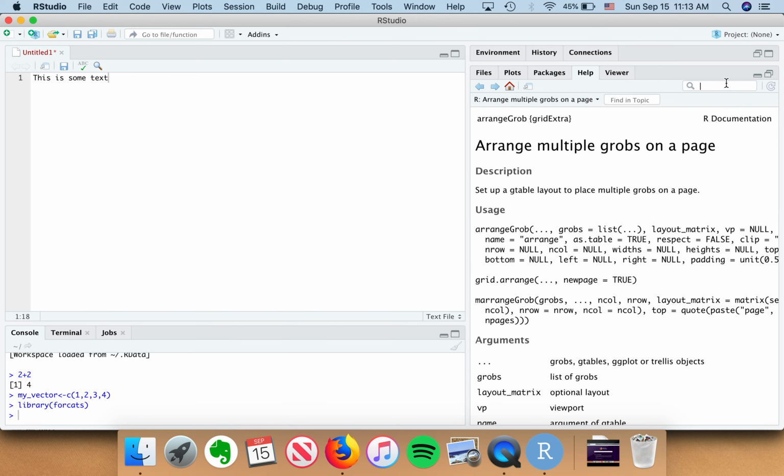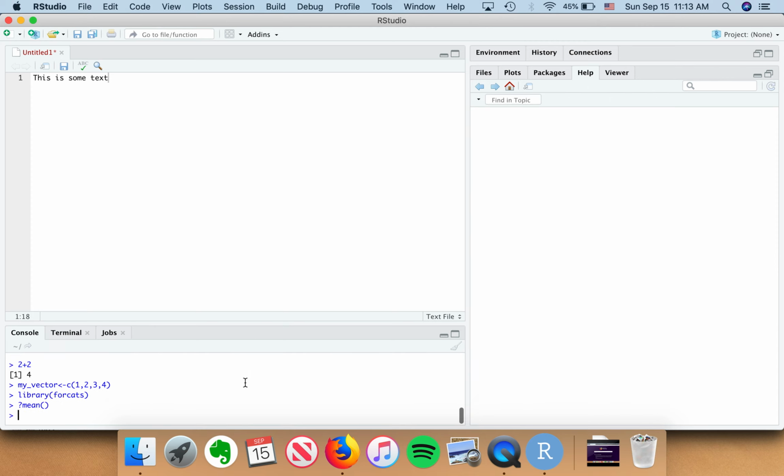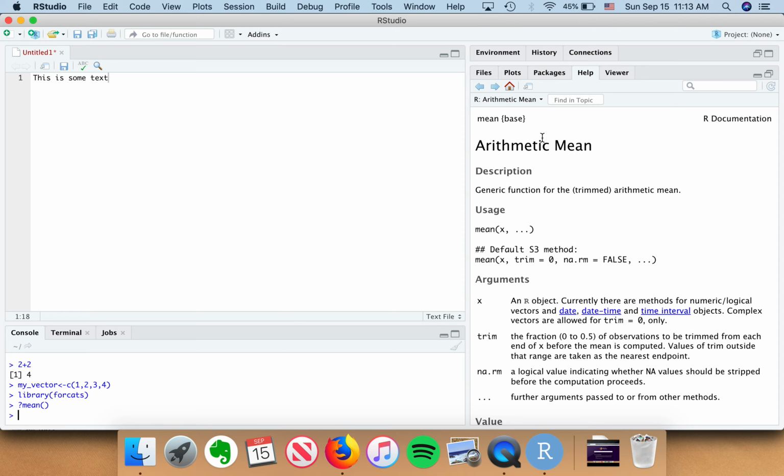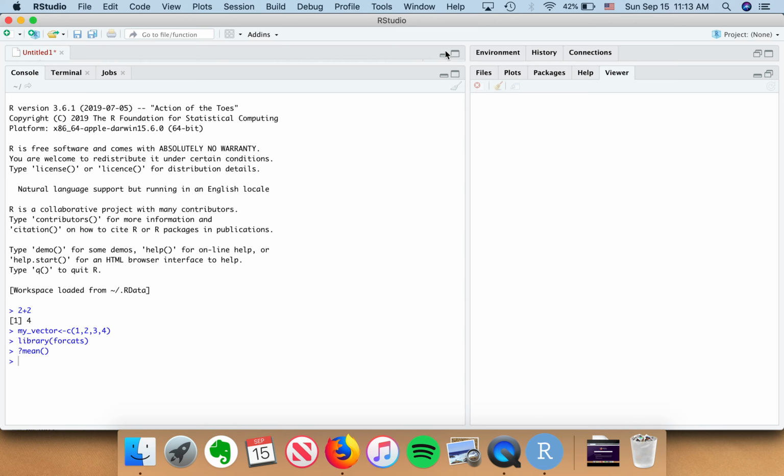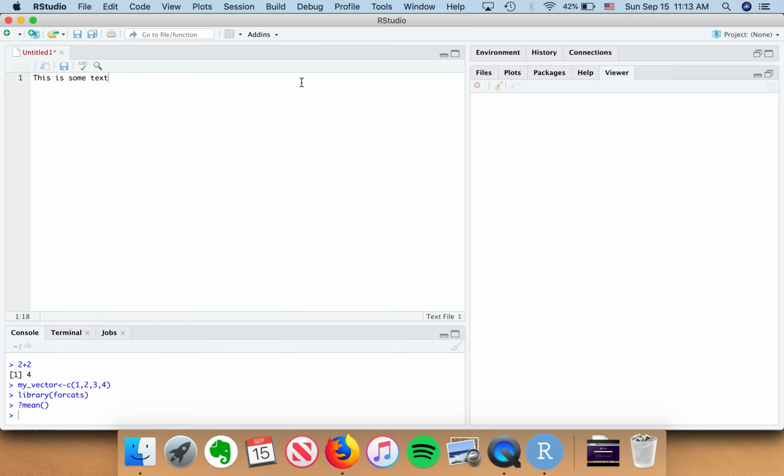You can search here, but certainly if you were to type a question mark in front of something, it will show up. This is what the mean function does. And then lastly, depending on what you produce, sometimes if you make PDFs or slides, you'll get a viewer here that will show up. You can click these little buttons here to make these panes different sizes,